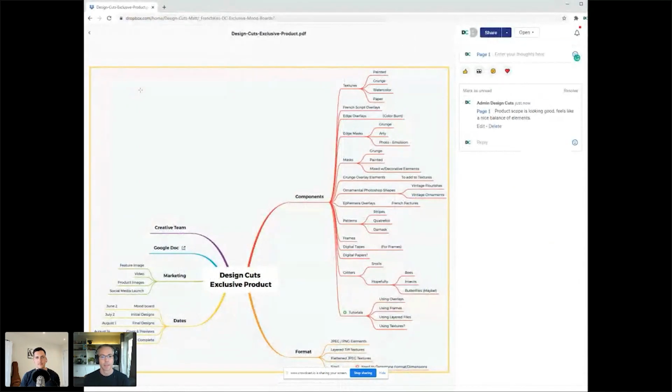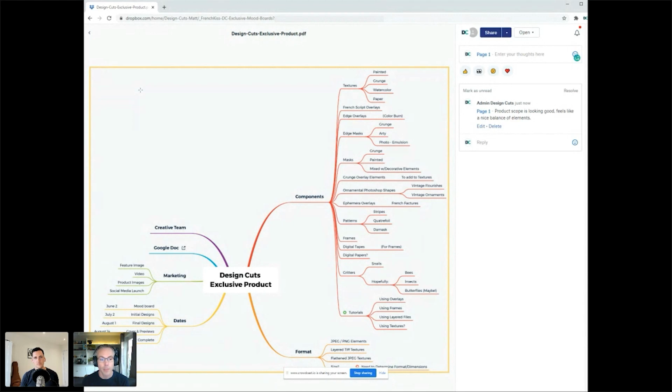So, okay, did we look at the scope? We did look at the scope. So you might want to look at a graphical way of representing that. I need to dig through my notes to find what this was made in. It's made in Xmind. So this is Leslie from French Kiss's representation of the scope of her product. Really, really nice way to do it, actually, visually. And then she could share it with us and say, look, what do you think?